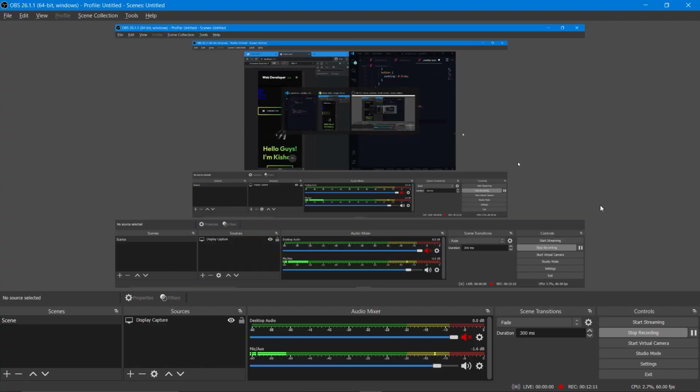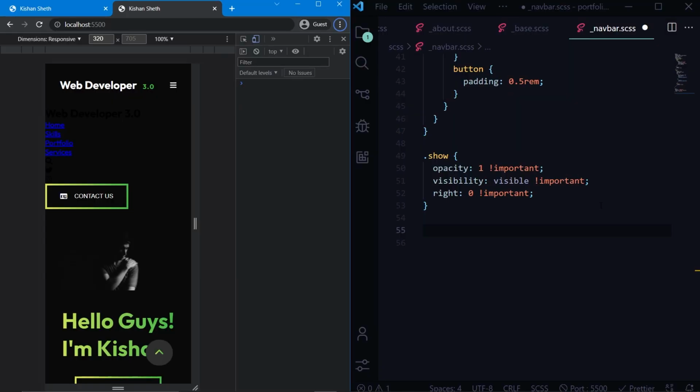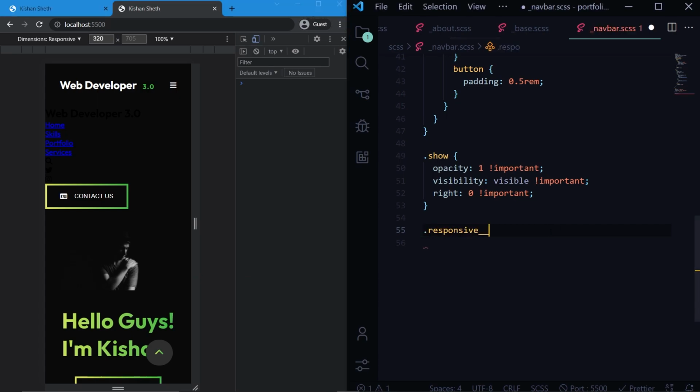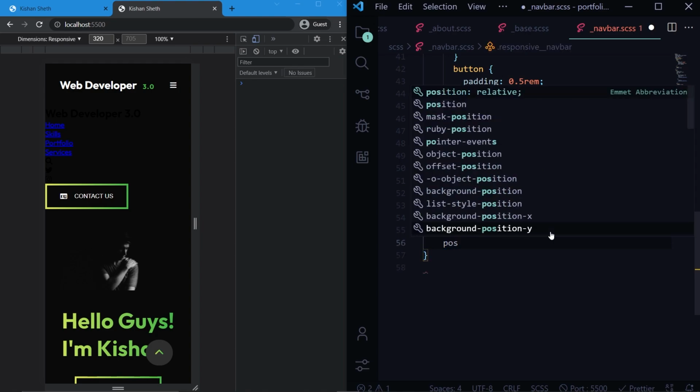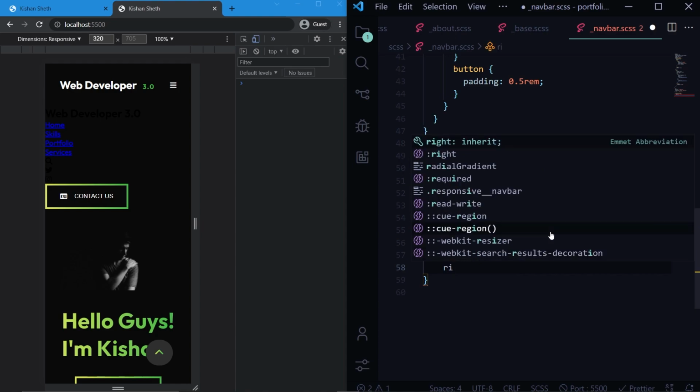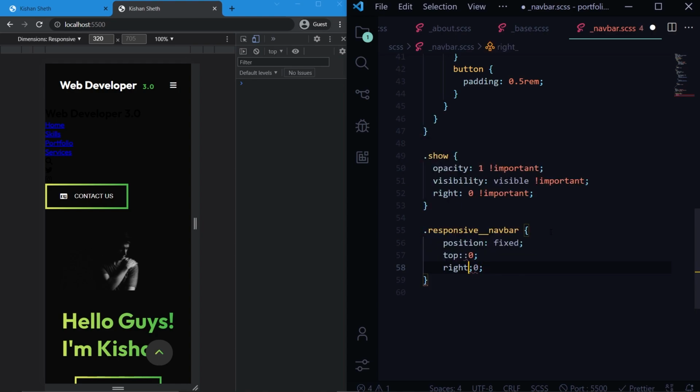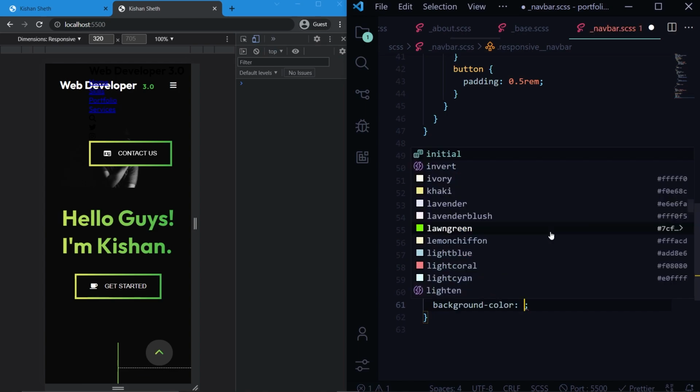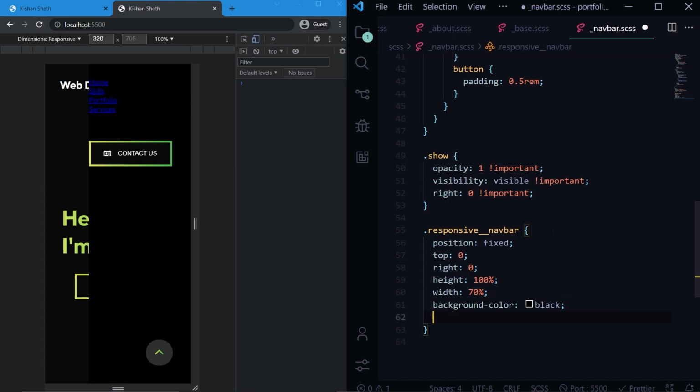Now we'll select the responsive navbar. The position is fixed, top of 0, right of 0, then a height of 100%, width of 70%, also a background color of black, then we'll give it a Z index of 100,